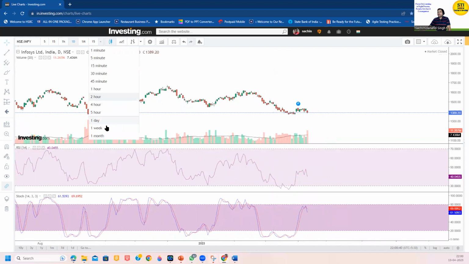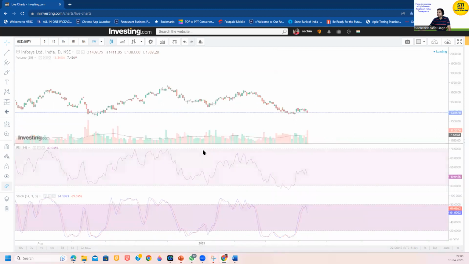Okay, if I look at what is happening on the weekly basis, maybe if there is any divergence or